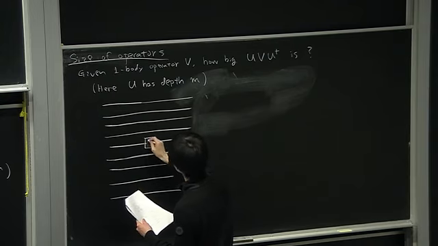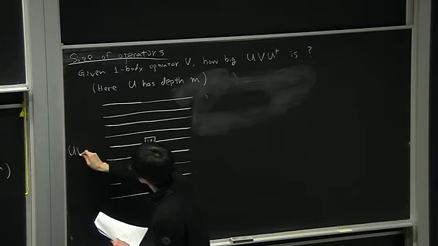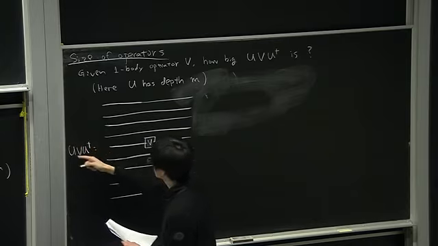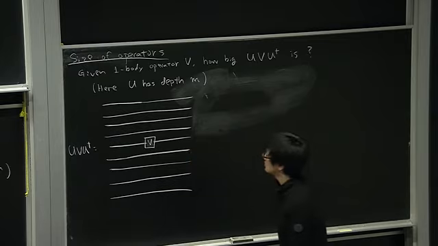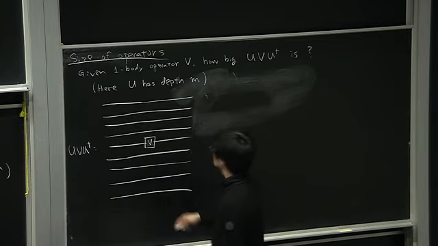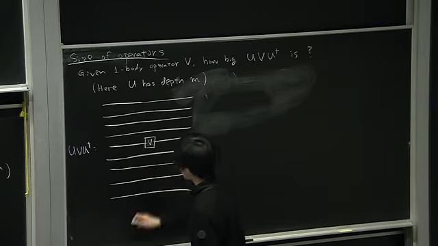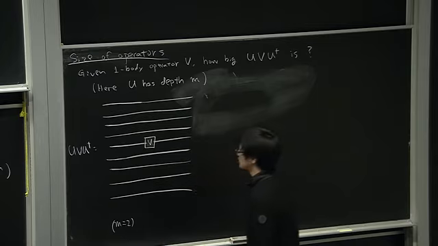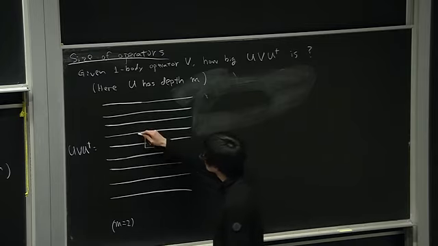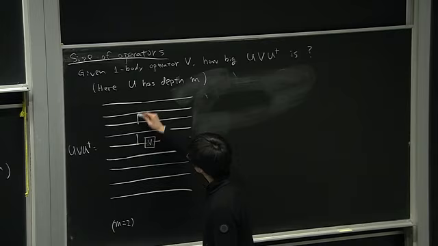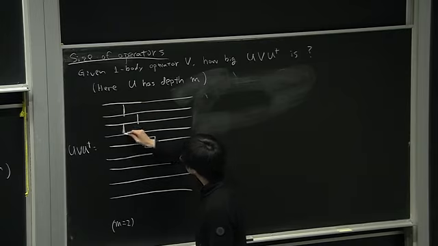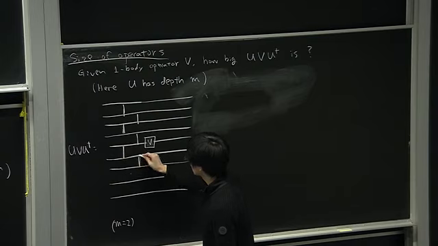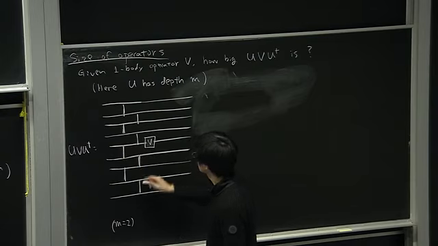Put this V operator here. Then I'm gonna draw a circuit diagram for this UVU dagger. Just for simplicity, let's say this M is just 2 for illustration purposes. Then the depth-2 circuit would do something like this, right? So step 1, step 2, and then